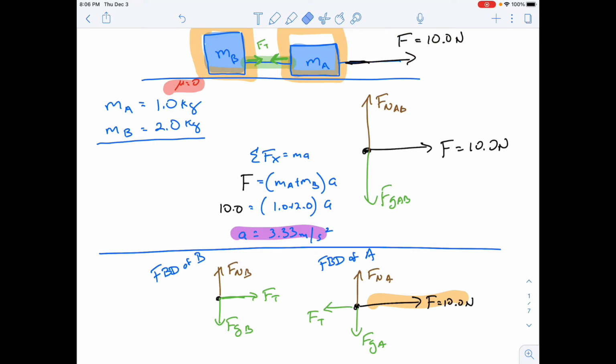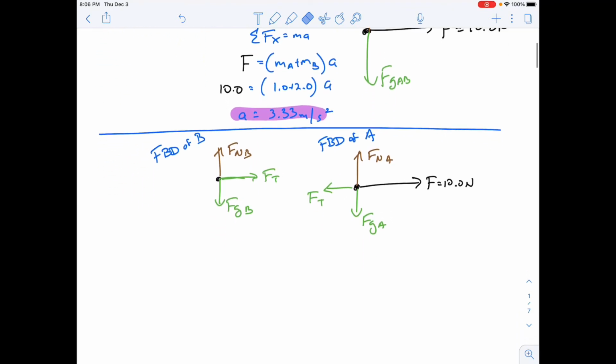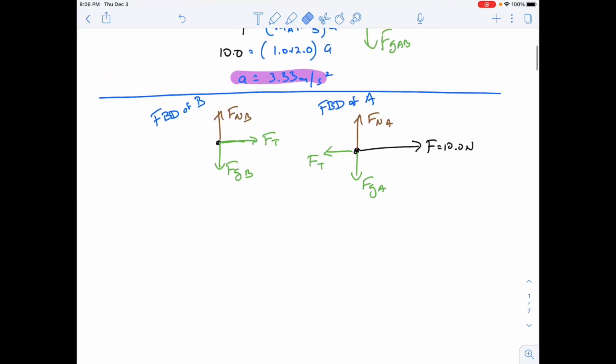Now, it's daisy chained together, obviously, in that the force pulls A forward, that creates the tension in the string, and that tension is what pulls B forward. So there's a daisy chain effect here, but the 10 newtons does not act directly on B. And then once we do this, we can set up equations for each free body diagram. And once we do that, then it becomes kind of a math game. We don't want to forget the physics that's happening here, but